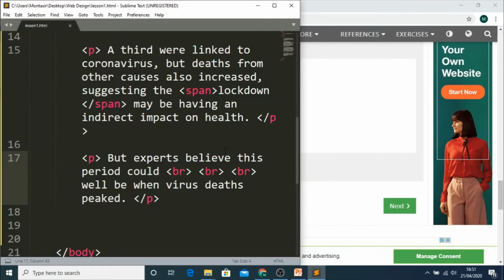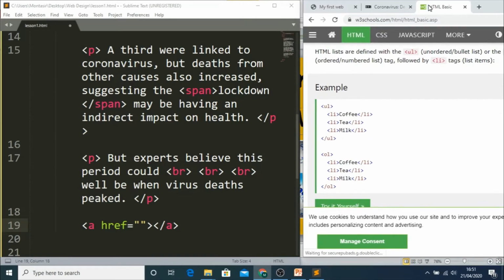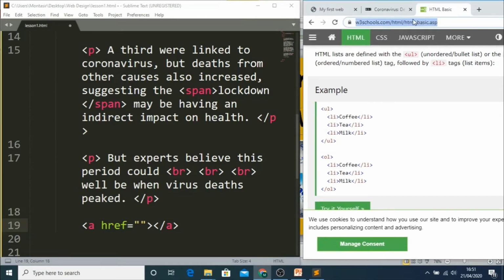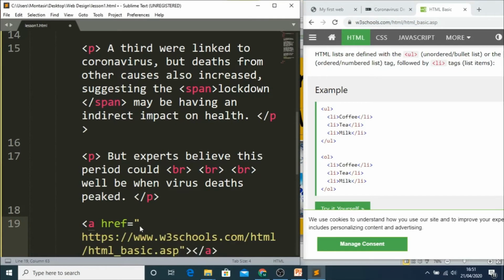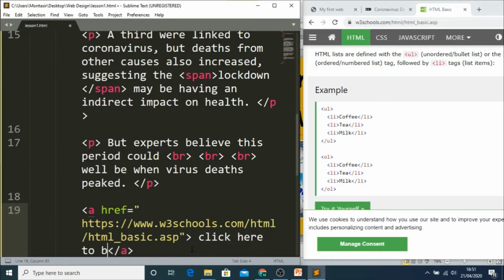How are you going to make the link? For the link, you are going to use the anchor tag. Okay. Now you can see this is href. This is the location of the file. You can use the location of any page you make, or you can give any website. So if I give W3 school here, and you say here, click here to browse